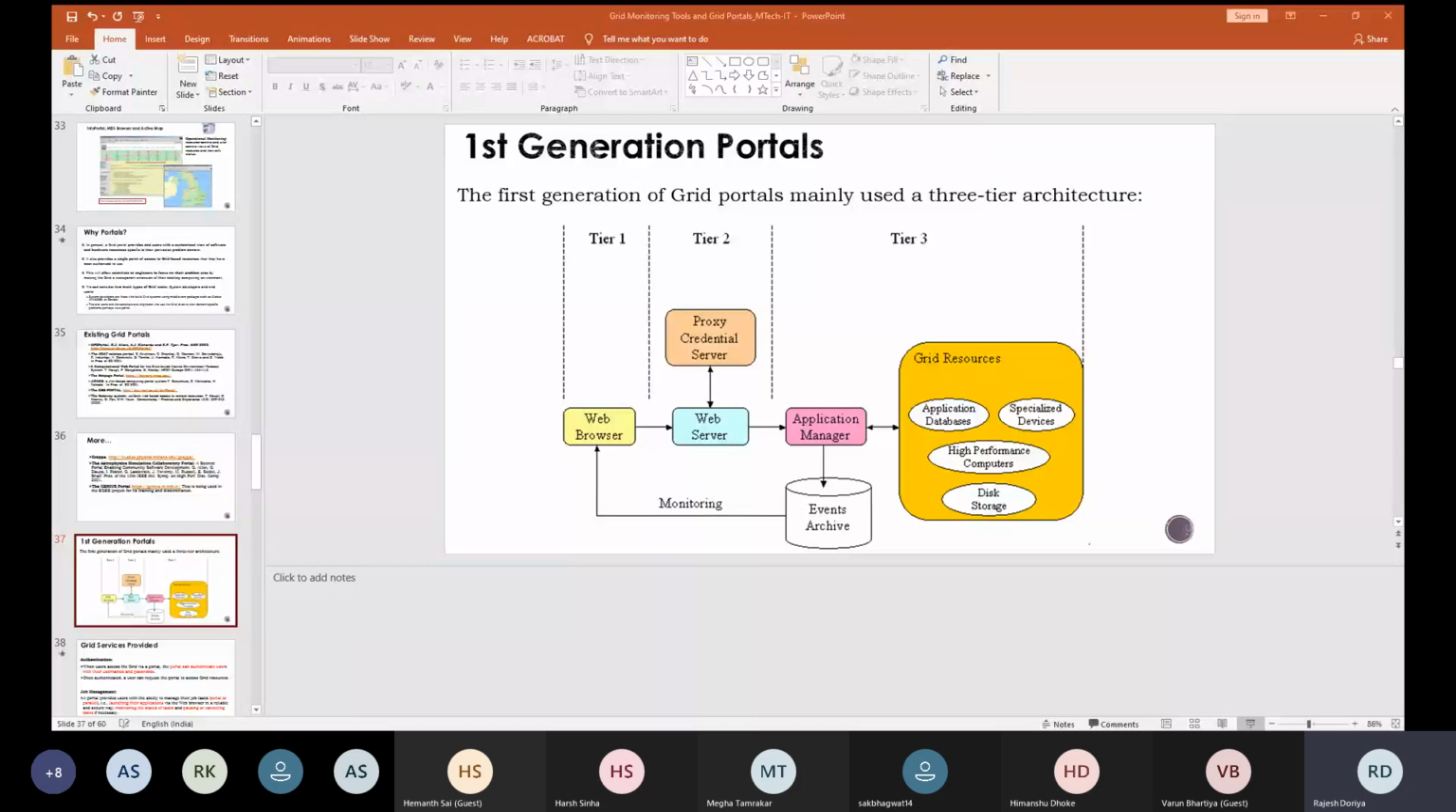So at first, the web browser is going to interact with the web server, which in turn is going to manage all the credentials, and all these credentials are managed with the help of a proxy credential server. The moment any new user tries to access these resources, that user first has to register to the web server with the help of the proxy credential server, and once registered, the next time it can validate its credentials to the web server with the help of the proxy credential server. And after validating all the credentials, the access to the grid resources is provided